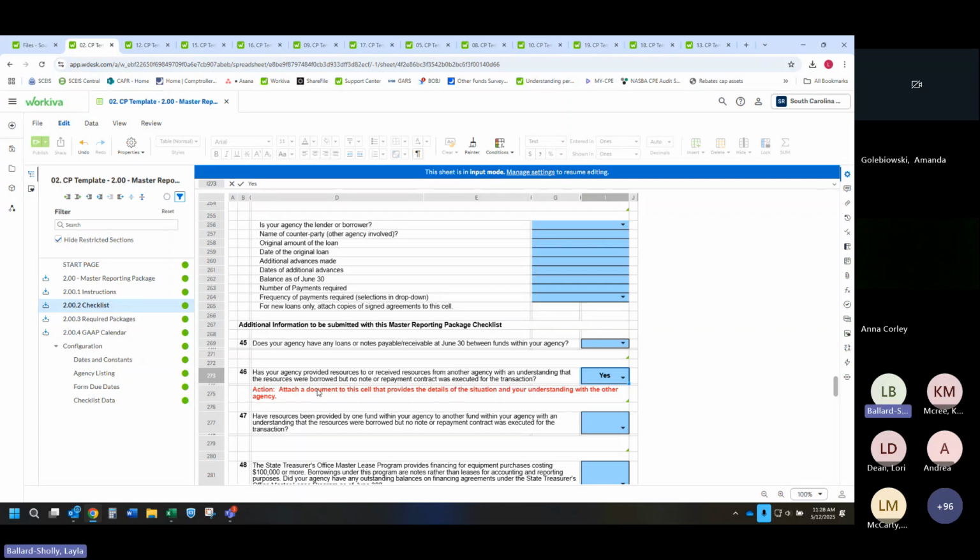So for this, we need some information from you, but it's not something you're going to provide through a reporting package. So the prompt here, your action item, will be to attach a document to the cell that provides the details of the situation and your understanding with the other agency. So you could attach a Word document or PDF or whatever to this cell the same manner as you would